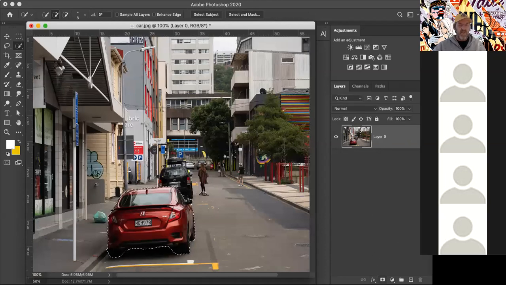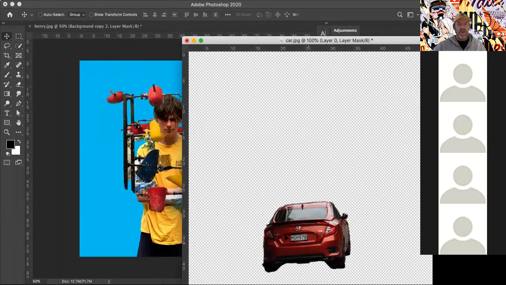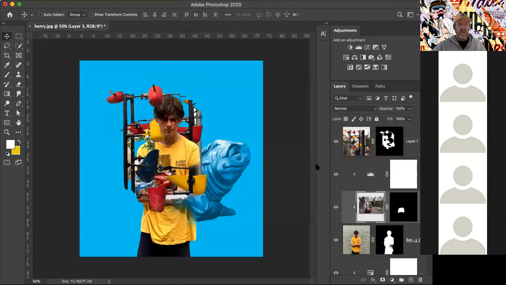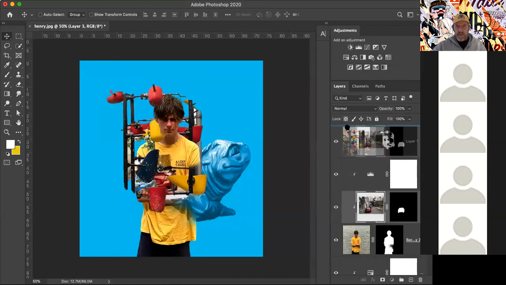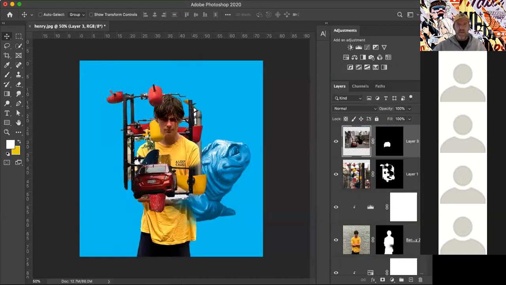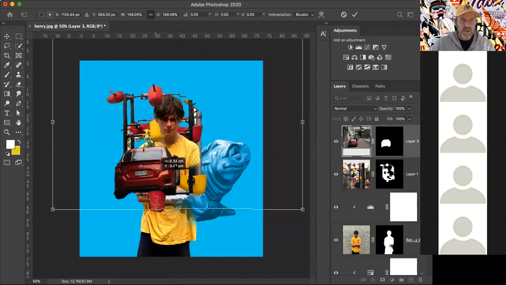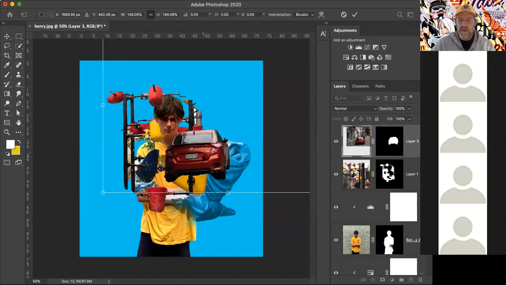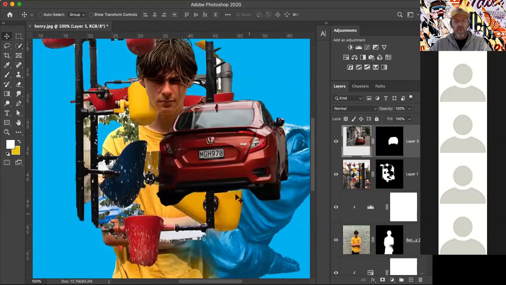Unlock it, quick mask, get the arrow key and chuck that car in, and then just get it to the area where I want it. And I'm going to show you, so Command T, let's make it a bit bigger, return. I'm going to show you one more